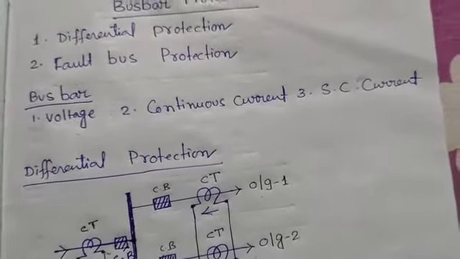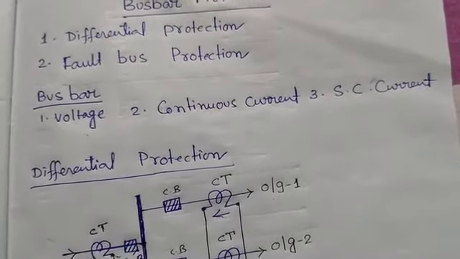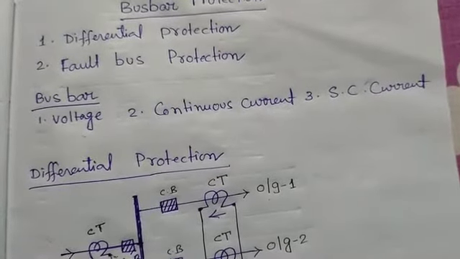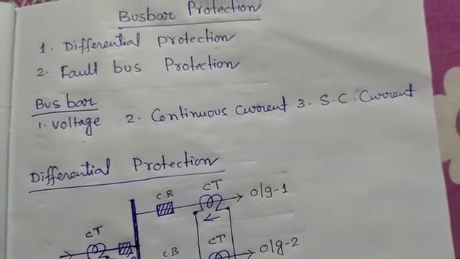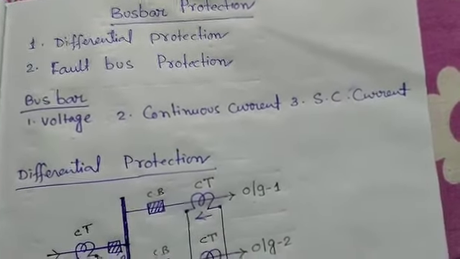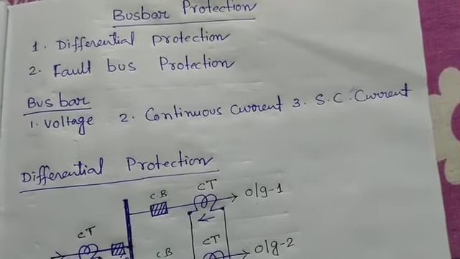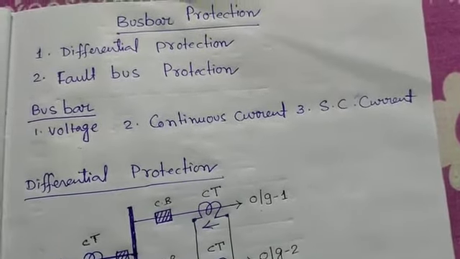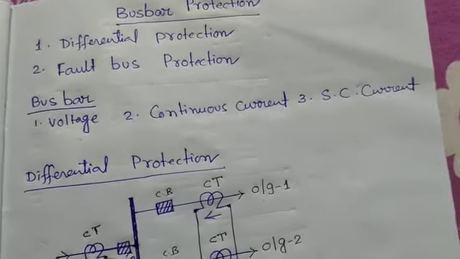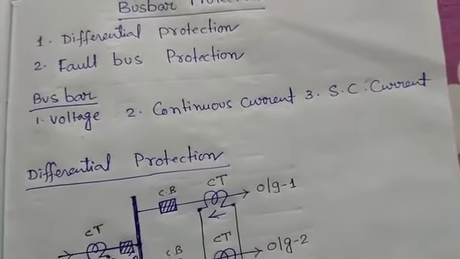If any short circuit condition occurs, the protections will operate, and the relay will operate automatically to disconnect the faulty section of the system, to provide a healthy system and continue the uninterrupted power supply to the remaining part of the system, or to increase the reliability of the system.